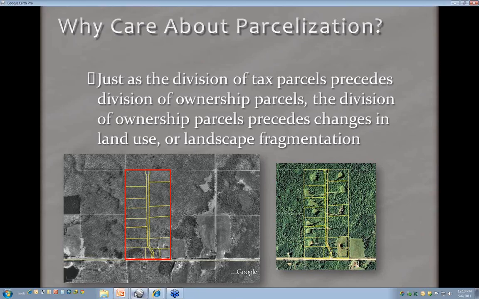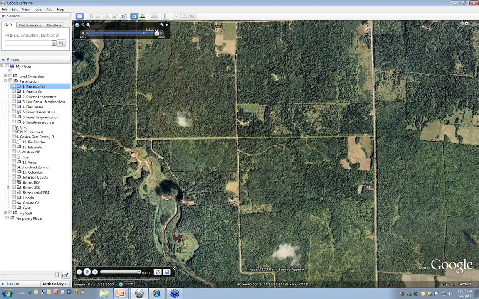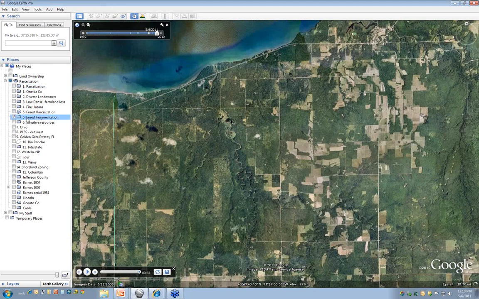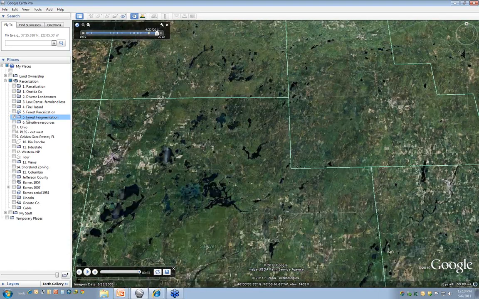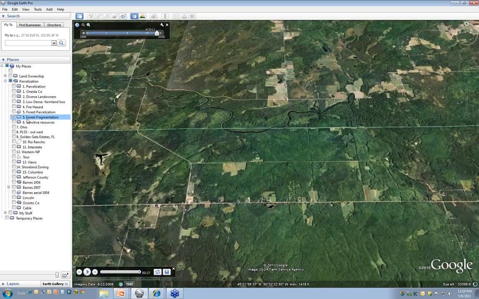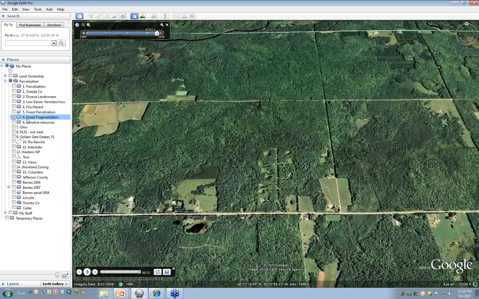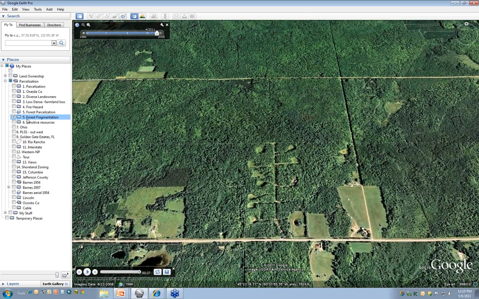And I also want to fly to that one with you, and I'll wait until Google Earth displays for you. This subdivision was platted a few years ago near north central Wisconsin. I see Google Earth is a little slow, so we'll wait until it catches up for you. Here's the subdivision as it looks right now. Mostly undeveloped. There's one home in the center on the right there.